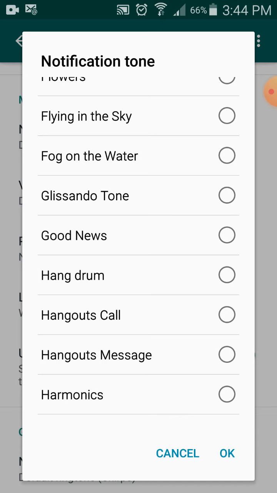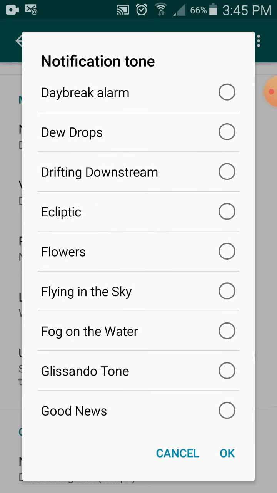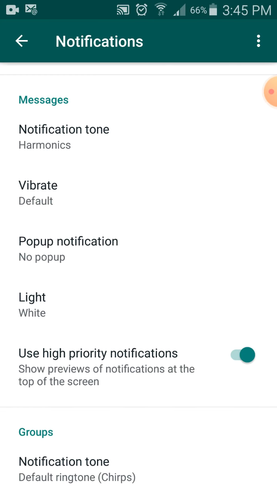So which bell or which ringtone you need. Suppose this one or this one. This one. This is too big. Okay, so I select this one.